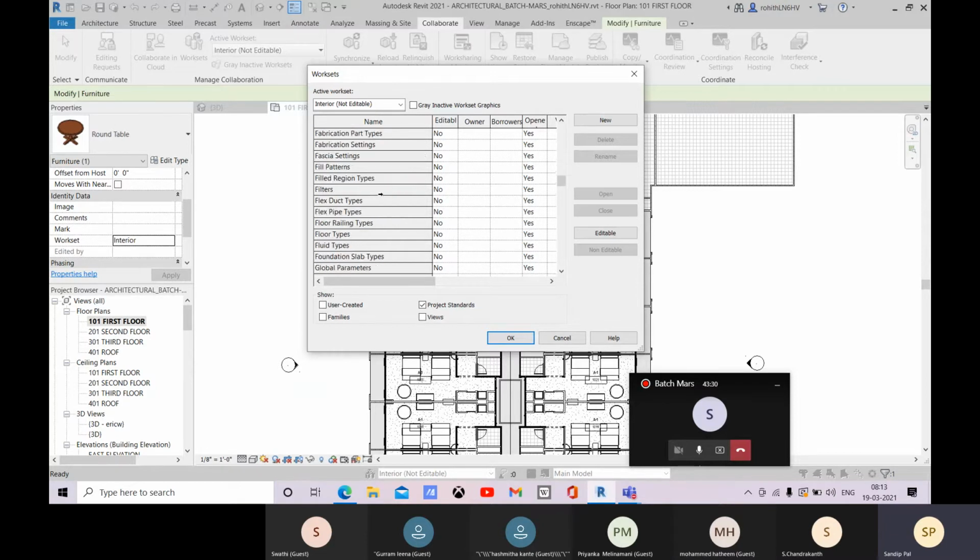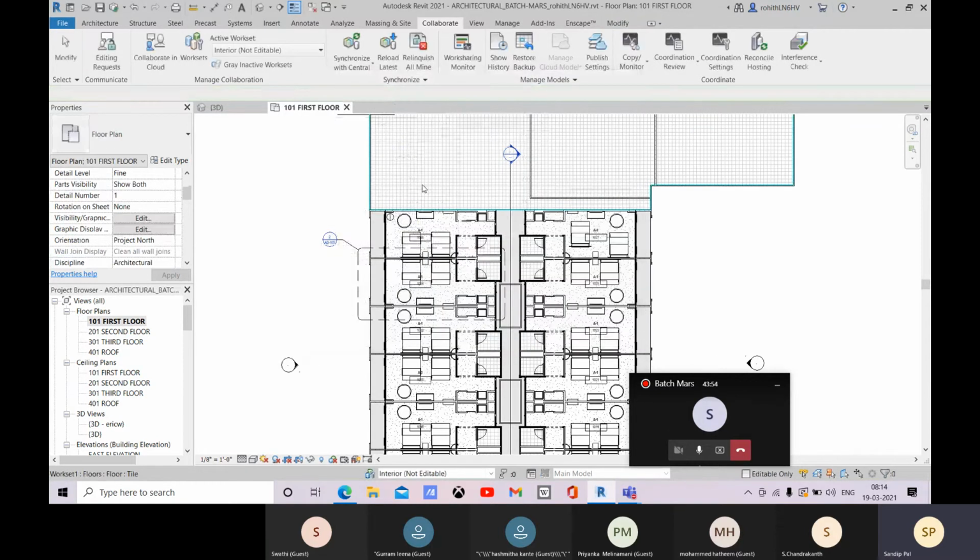Most of them will be the same for all the files: project standards, families, and views. The families you add to your project, so according to that, this family workset will be there. All right, that is all about your collaboration part.